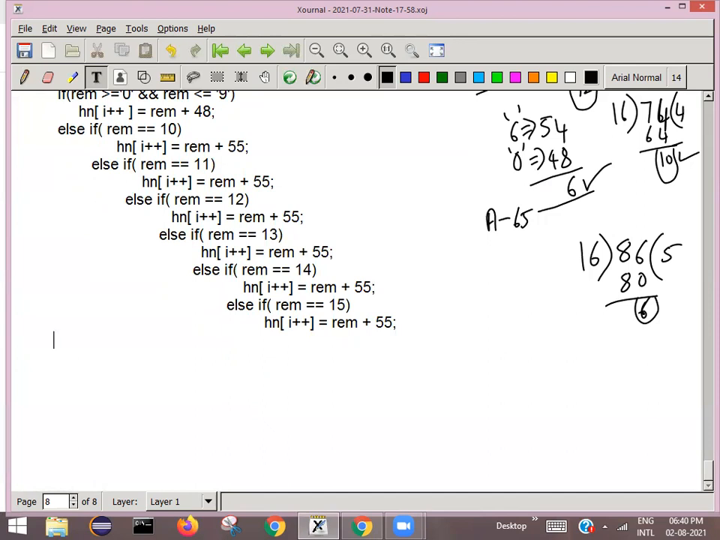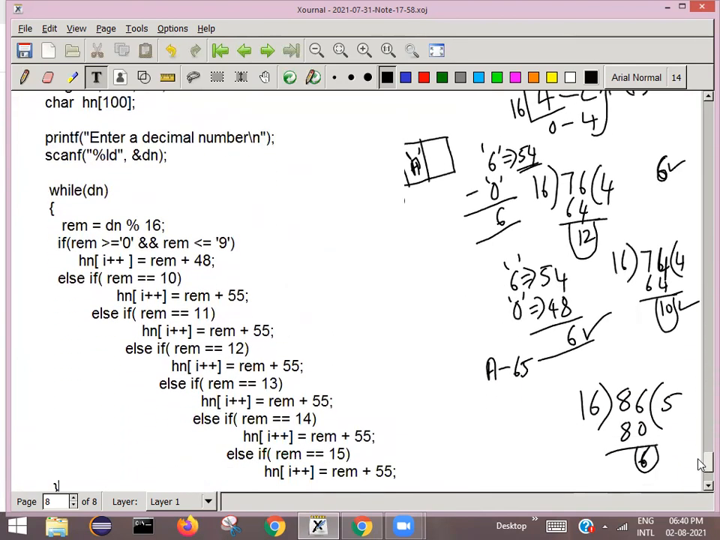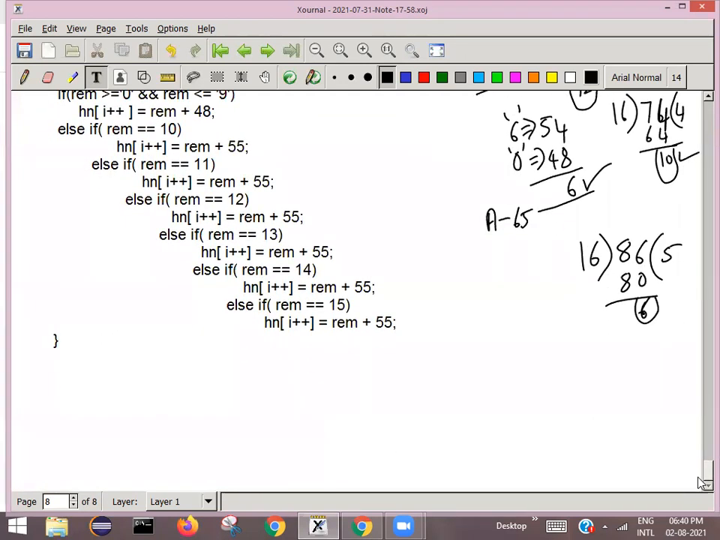Now close this while loop here. I'm ending this while loop here. So like this, your loop repeats and stores this in the hexadecimal array. Once you are coming out of the loop, now you can print this, say printf